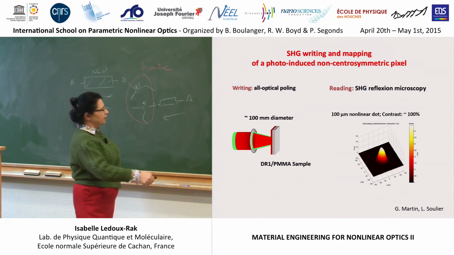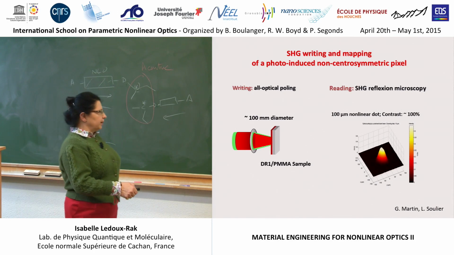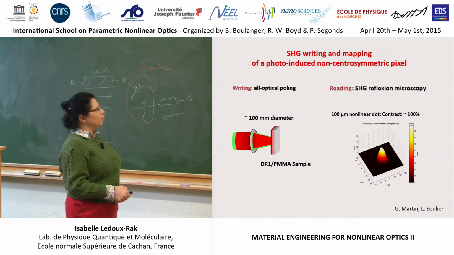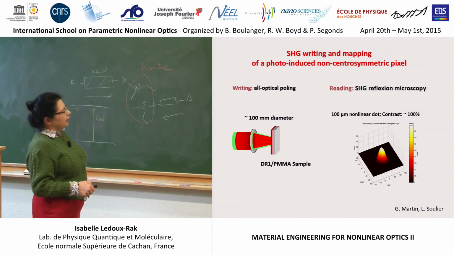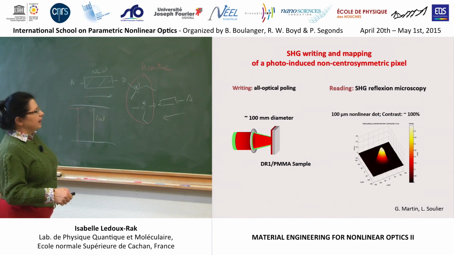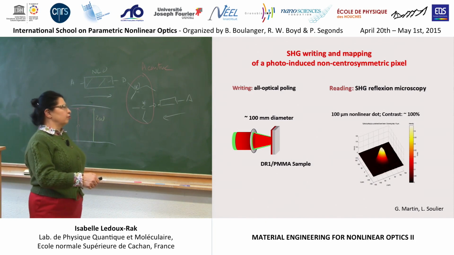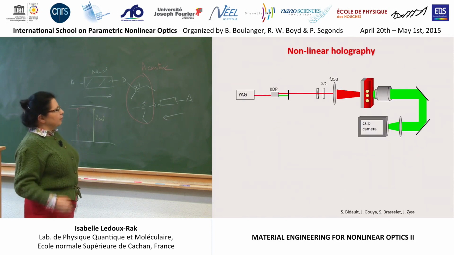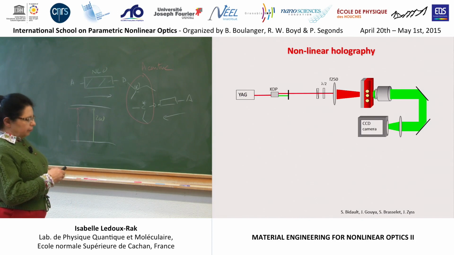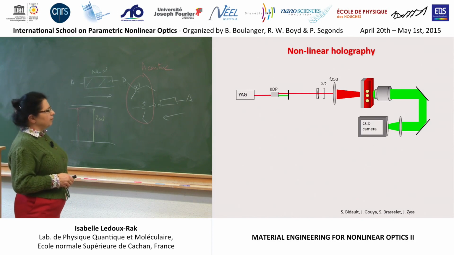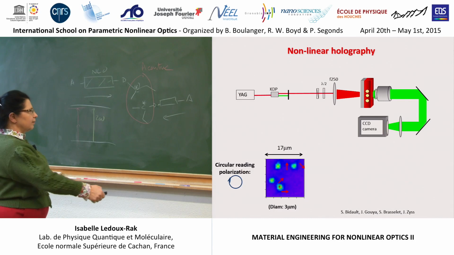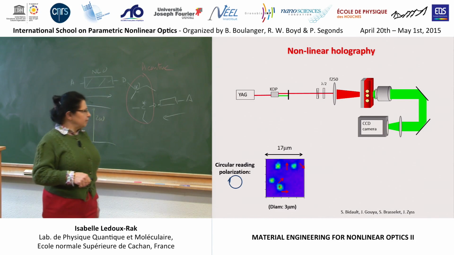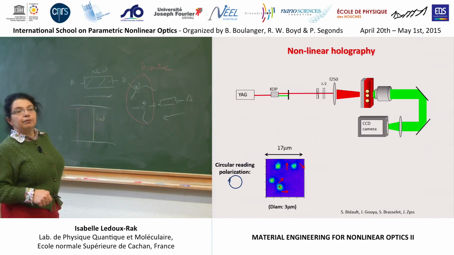You mix omega and 2-omega beams, and by a reading step you can find a very clear second harmonic signal from one pixel. So resolution is improved in this way, and you can have a diffraction-limited resolution. There is also the possibility to make some nonlinear holography with inscription of different pixels. And the interest is that the response of these pixels can be very sensitive to orientation.